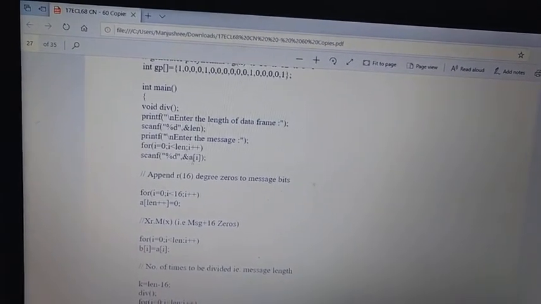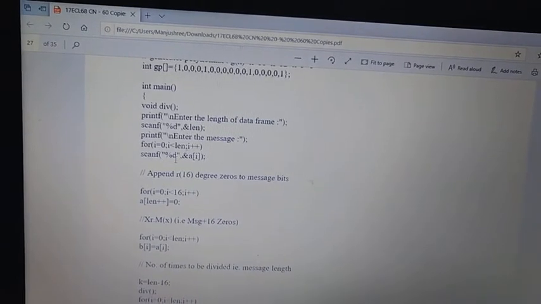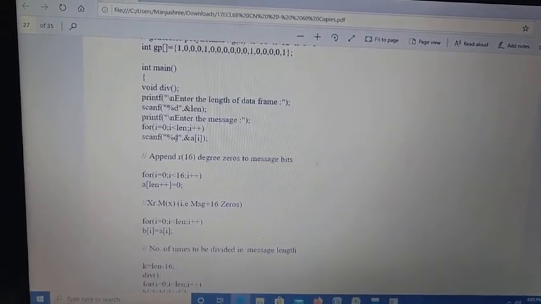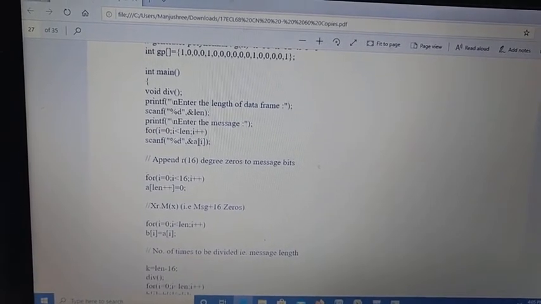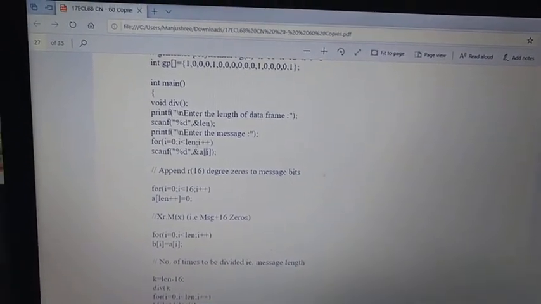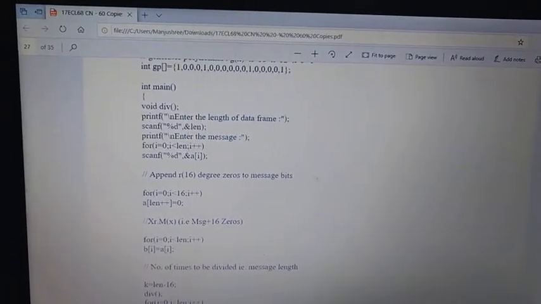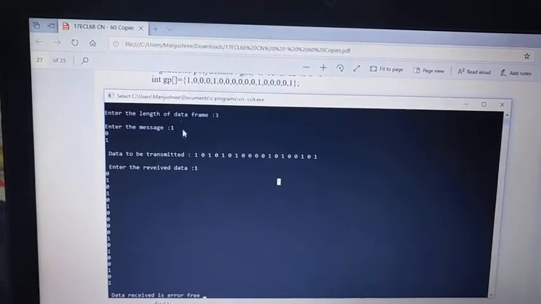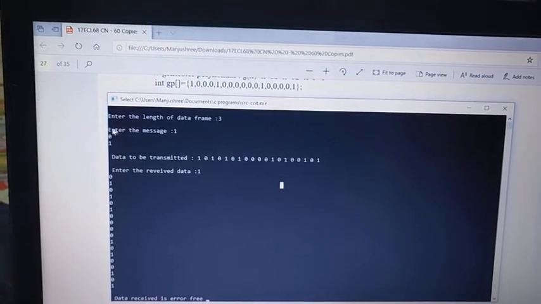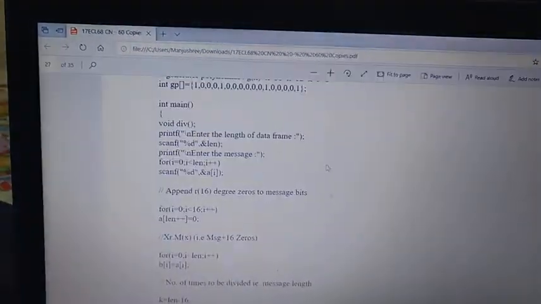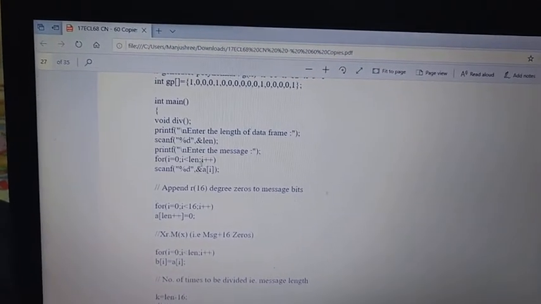The scanf statement will be executed, where scanf is going to fetch the input data, which is of an integer type, that is %d, and it is saved in the array location a of 0. So a of 0 will now have 1. Whatever I have typed here, a of 0 is 1. Next, the for loop is incremented and it is going to check that 1 is less than 3, the condition is true.